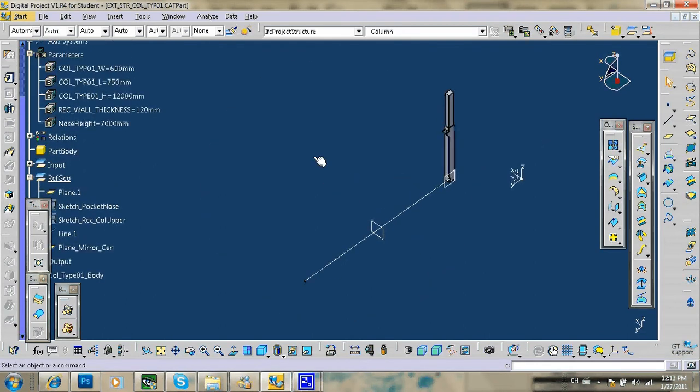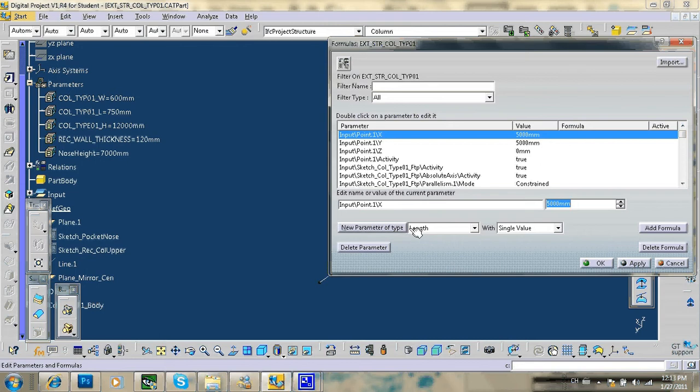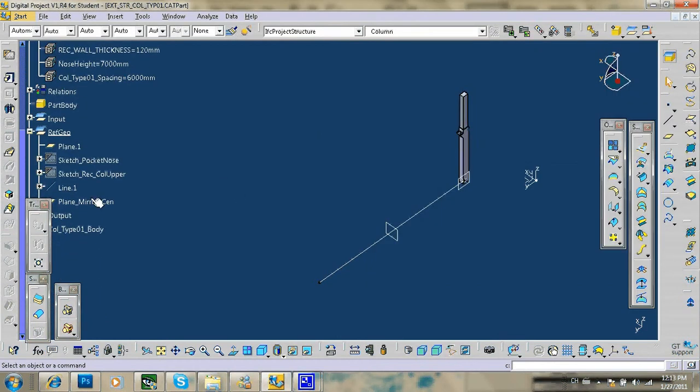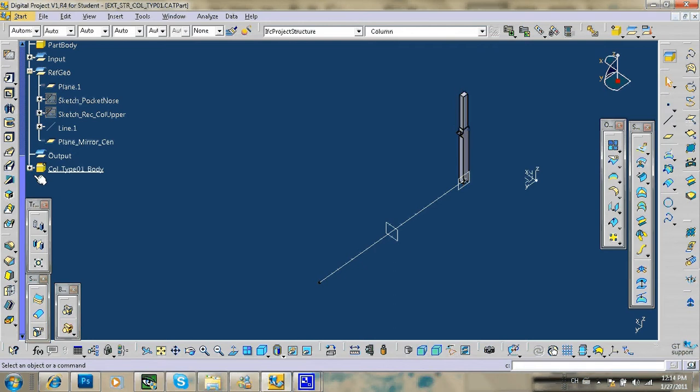and we also need a spacing to array it. So first of all, let's make a spacing parameter, make sure that it's length. Let's call it column type 01 spacing, give it 6 meter. Click apply, OK, and switch back to this as current work object,